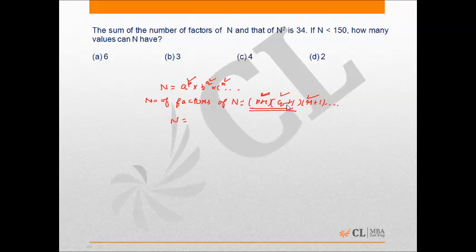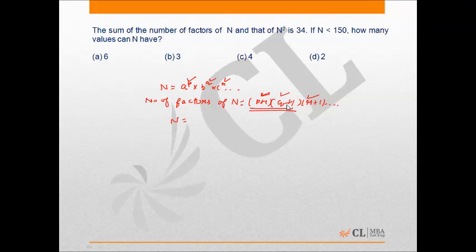So the product of two or more odd quantities is always an odd number. From here we can conclude that a natural number which is a perfect square or a square of another natural number will always have an odd number of factors,